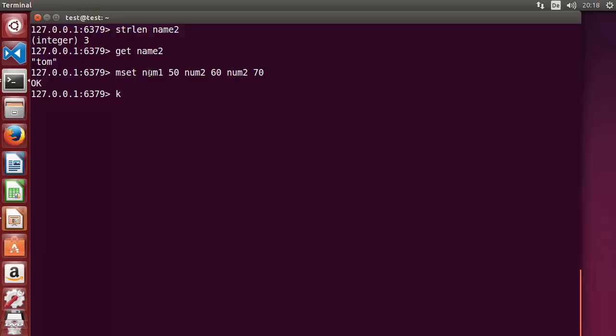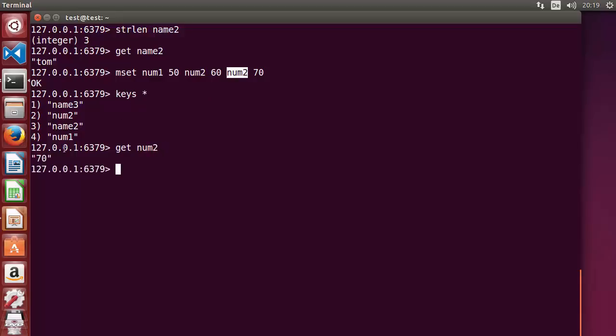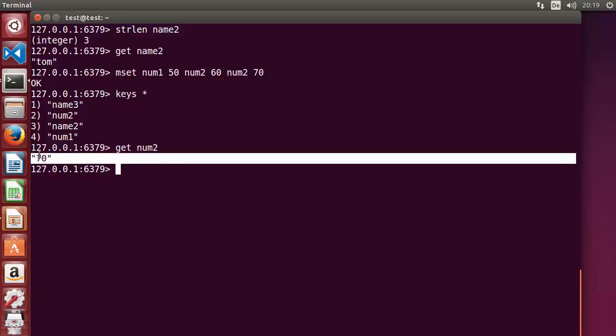And then when I say keys asterisk, it's going to give me name3 and name2, which were already there, and then num1 and num2, because here you can see I have given the same key 2 times, right? So num1 was there, num2 and num2 I have given 2 times. Let's see the value inside the num2. So get num2, and let's see the value inside it. So the value inside is the last set value. So whatever is the last set value you will set for this key, it will show you that value here,